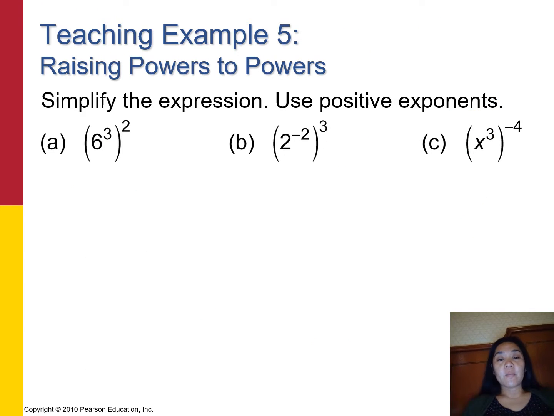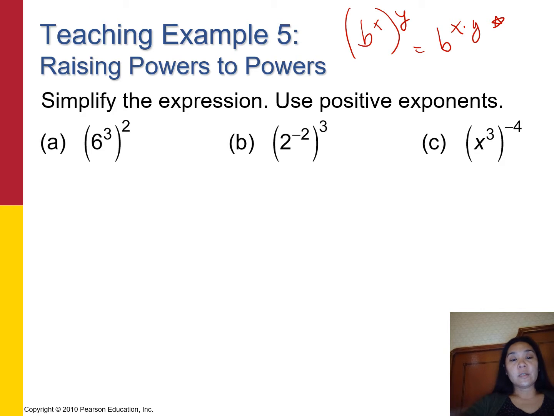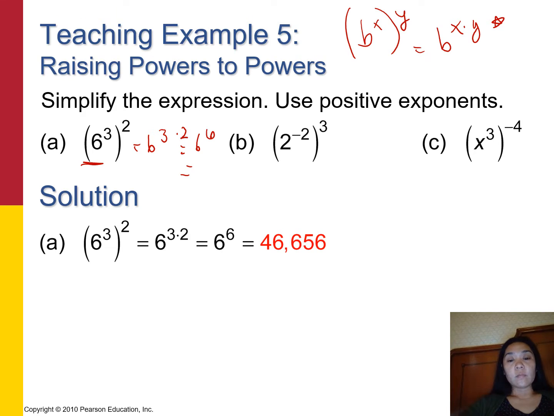All right, raising a power to a power. This is the case where you have some base to an exponent, and you want to take the exponent of an exponent. In this case, you have b to the x times y. So if you're taking the exponent of an exponent, you multiply the exponents. This first case right here is 6 to the 3 times 2, which is 6 to the 6th power, and that is a really big number,